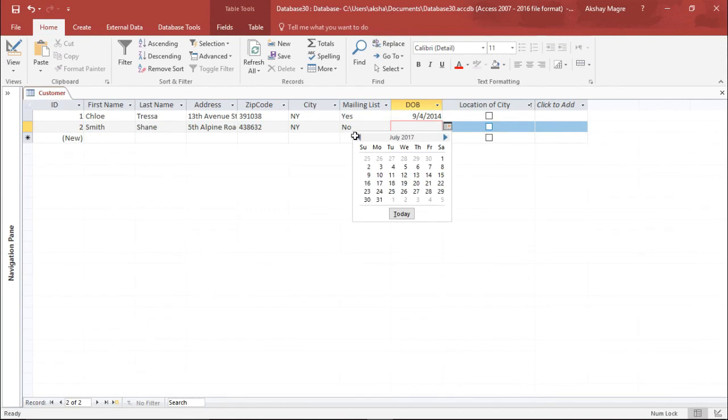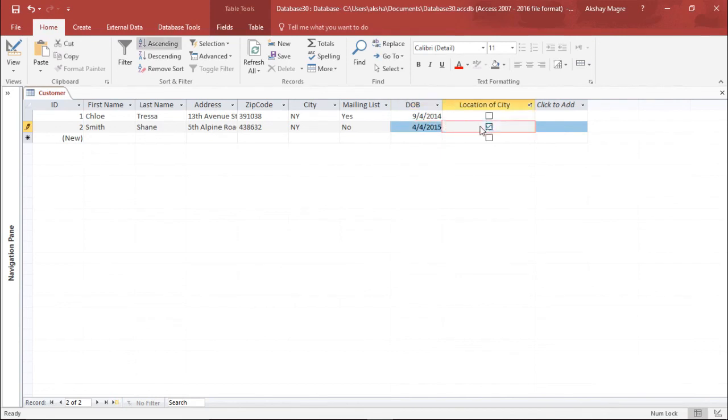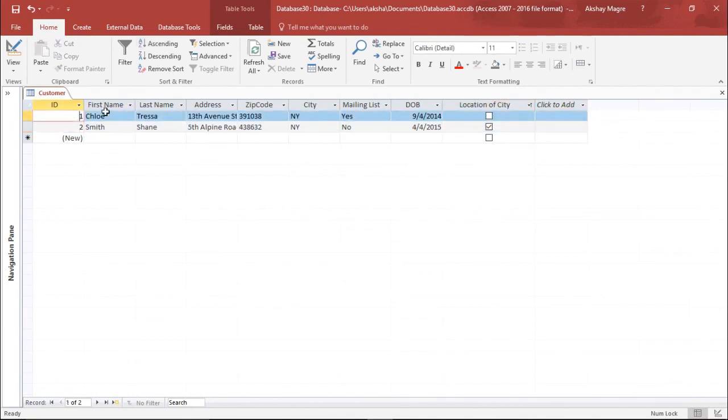We can toggle around using these arrows. Okay, and a checkbox. Now if you see, it automatically gives a unique ID number. So every record has its unique ID number. It cannot be duplicated. So this is how you can create a simple database in Microsoft Access 2016.